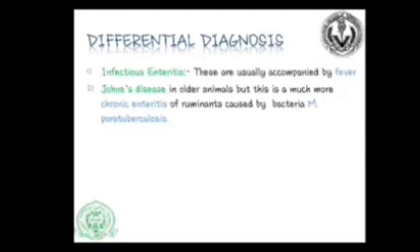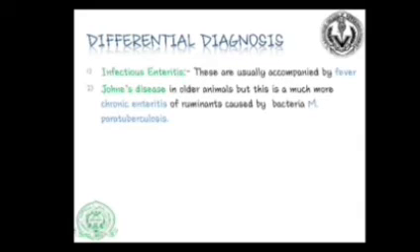Differential diagnosis. This parasitic disease can be confused with other diseases which show almost the same signs and symptoms. Number 1. Infectious enteritis. Its synonym is gastroenteritis. These are usually accompanied by fever, and infectious enteritis is an acute disease. In infectious enteritis, the small intestine is inflamed and it causes gastritis or colitis, that is, inflammation of the large